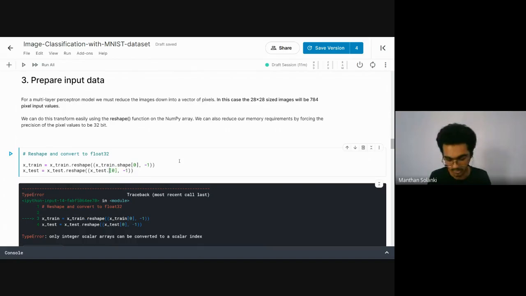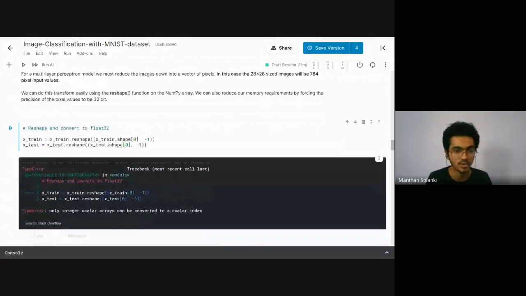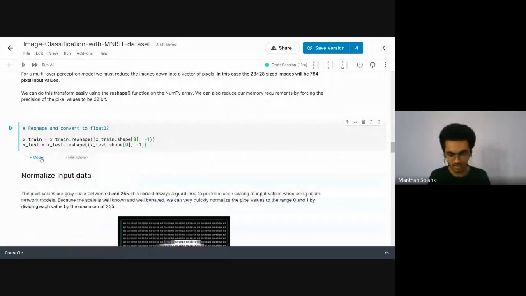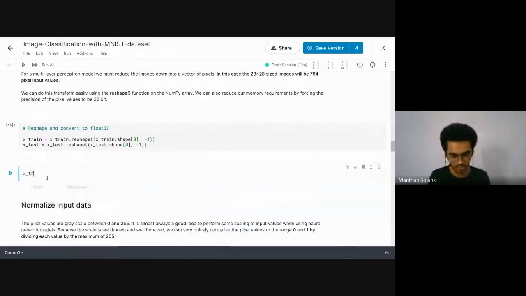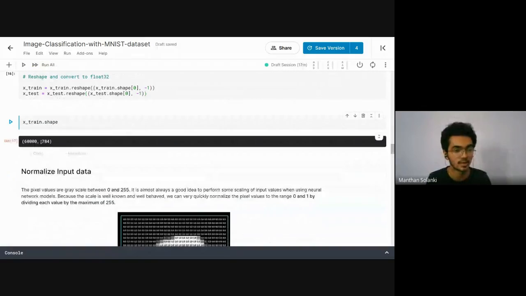Sorry, it is my mistake. The shape of 0 means 60,000. So xtrain.shape is 60,000 and xtest.shape is 10,000. Now this is right. Let's look at the shape again. Here we have the updated shape, 60,000 by 784, and the test is 10,000 by 784, right?